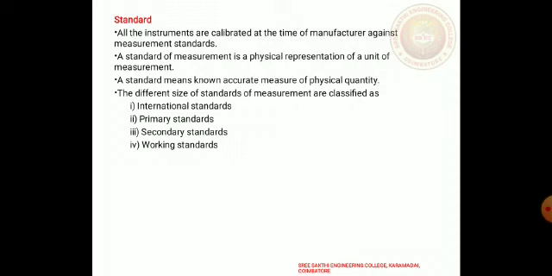Secondary standards. As mentioned above, the primary standards are not available for use outside the national laboratories. The various industries need some reference standards. So, to protect the highly accurate primary standards, secondary standards are maintained, which are designed and constructed from the absolute standards. These are used by the measurement and calibration laboratories in industries and are maintained by the particular industry to which they belong. And the last one is working standard. These are the basic tool of a measurement laboratory and are used to check and calibrate the instruments used in the laboratory for accuracy and performance.